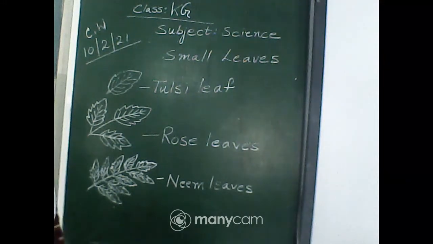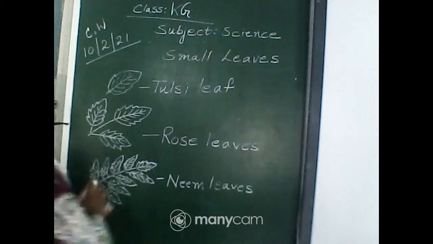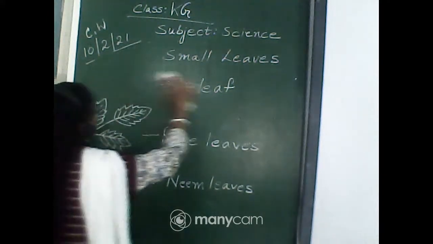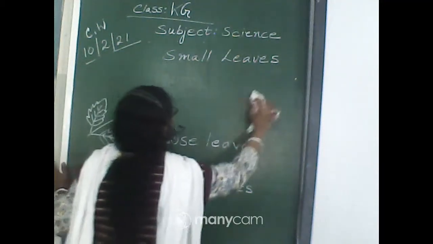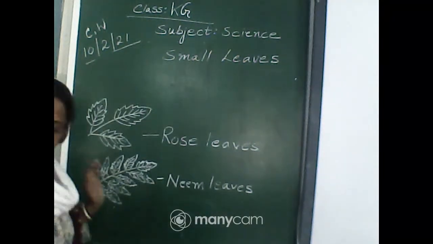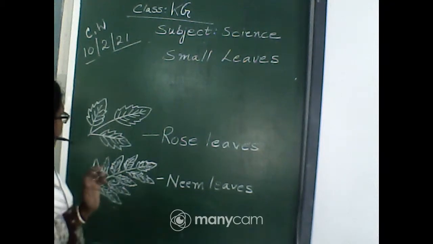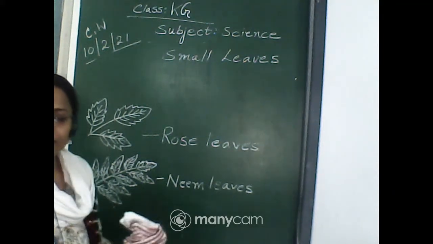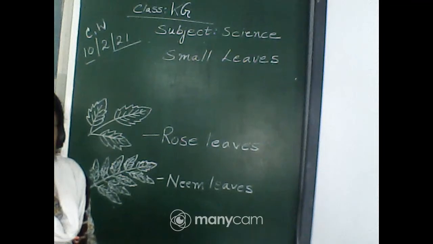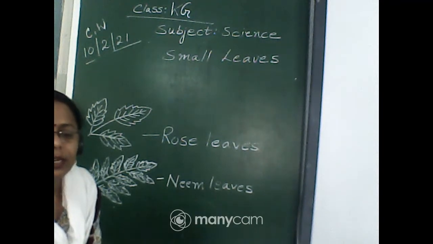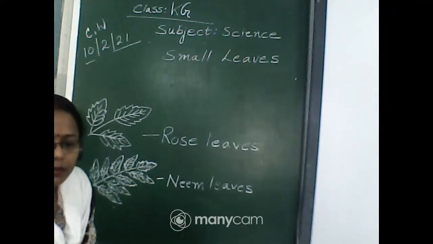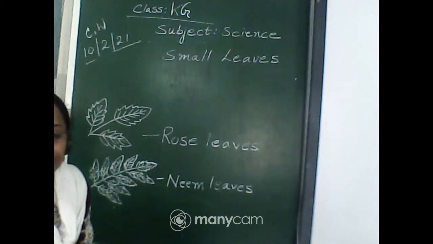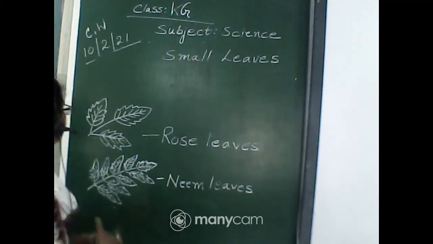So, two more leaves. I am rubbing the board. I am just rubbing tulsi leaf. And here I am going to draw curry leaf. Okay. Everyone has completed rose. Rose leaf completed. I can see, yes, very good, Shrestha. Still two more are there, beta. Small leaves. Moyuk, very good. You have to color it. So later on you will color it.